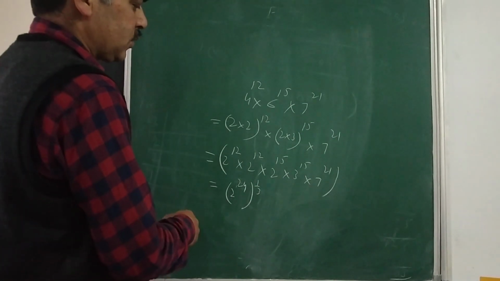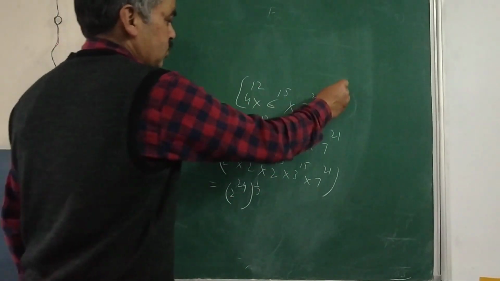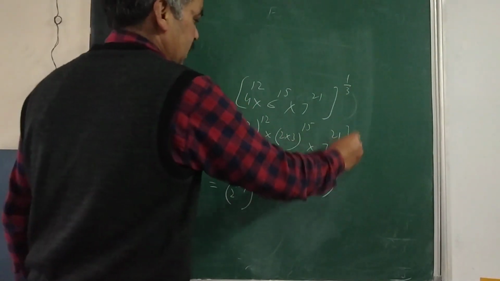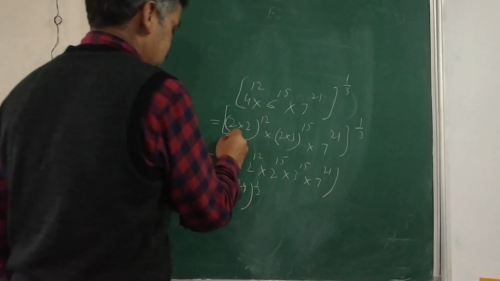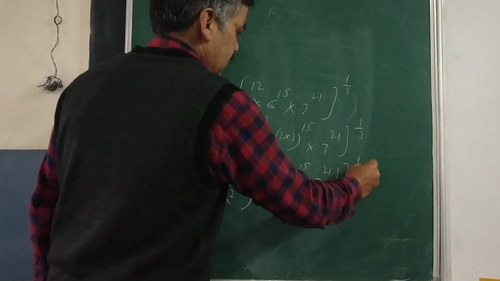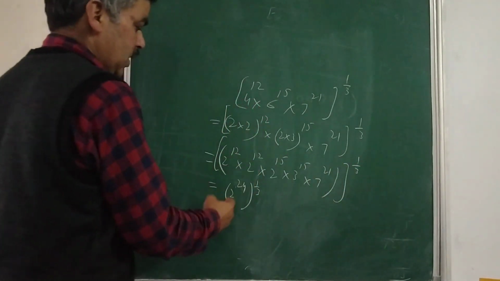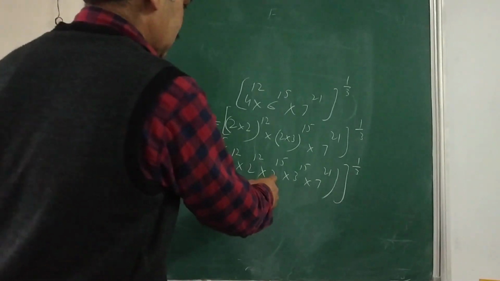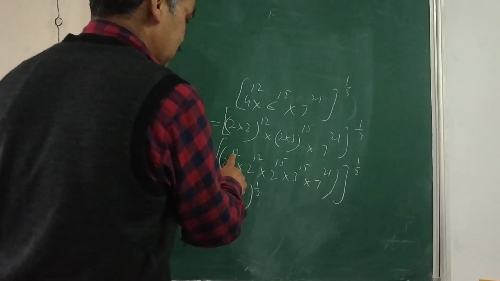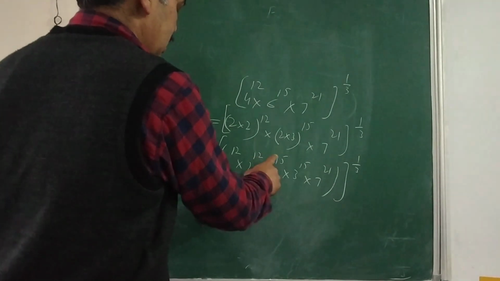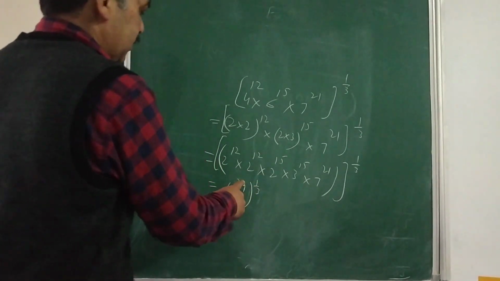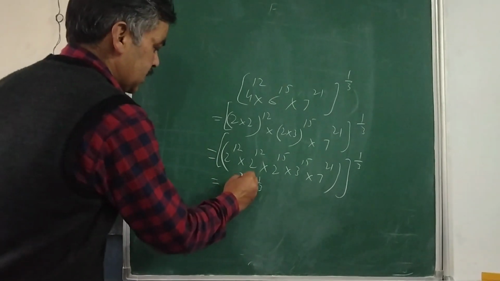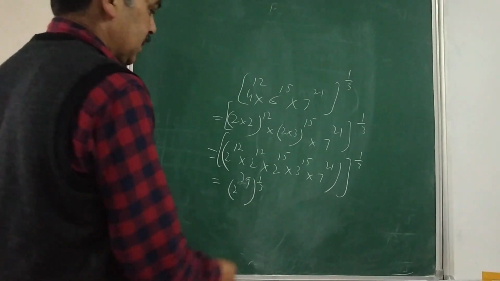If I have to determine the cube root, you have to find the cube root. So the cube root is 1 by 3 power everywhere, you have to write 1 by 3, and this is also 1 by 3. Now this is the same, add the power into 1 by 3. I'm sorry, 15 is also there, so you please add 15 also. 12 plus 12, 24. 24 and 15 is what? 39. It is 39. Power 1 by 3.